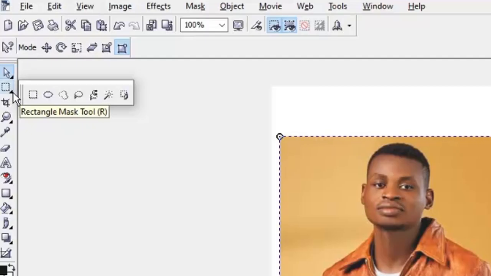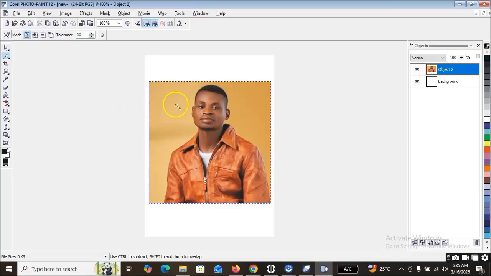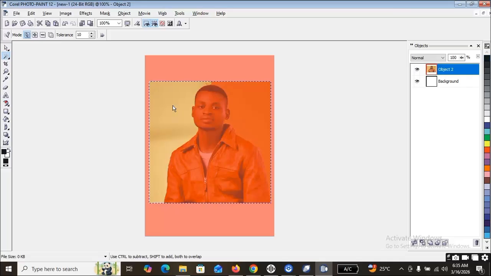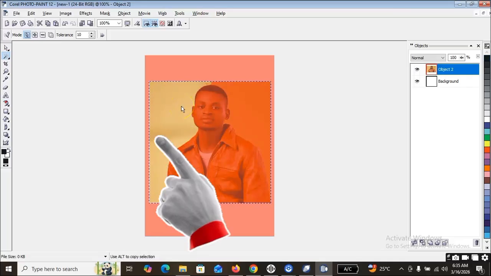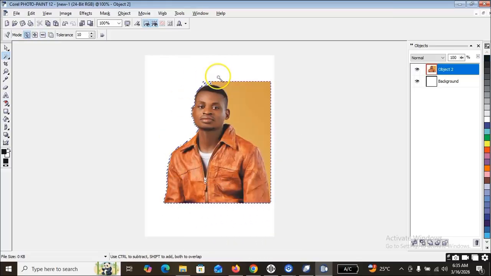Alright, so if you click on the arrow on your keyboard, it's going to bring it out. Now we have different kinds of tools here, so I'm going to make use of one after the other. So this particular tool is called the magic wand mask tool. If I click on it, this mask is going to remove the background, auto remove. So if I click on, you see this environment that is showing. If I click on Control and Alt on my keyboard,